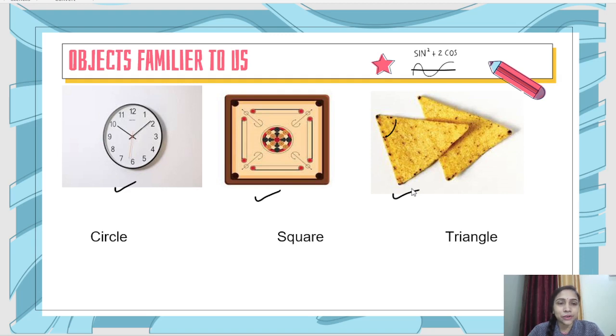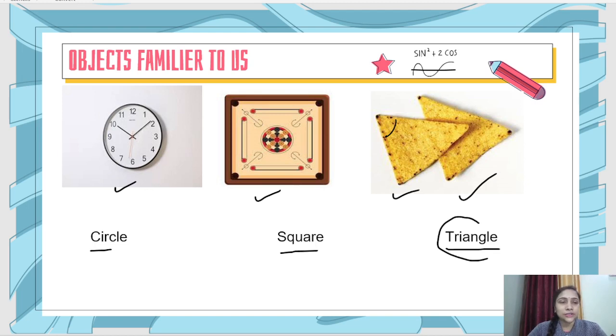If we are talking about the first picture, it is in the shape of a circle. Here it is a square, and the next, the favorite one, is a triangle. The thing that we are going to discuss today is related only to this shape, the triangle. In this shape we are going to study how trigonometry relates to it. Actually, trigonometry is all about the triangle.